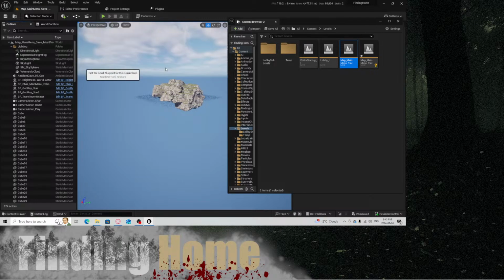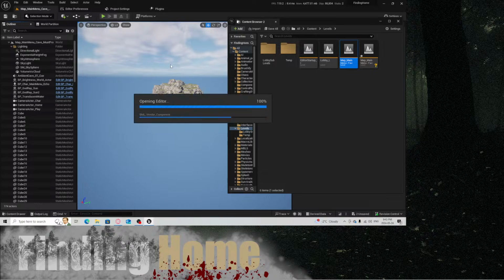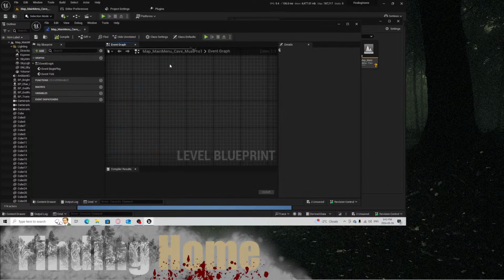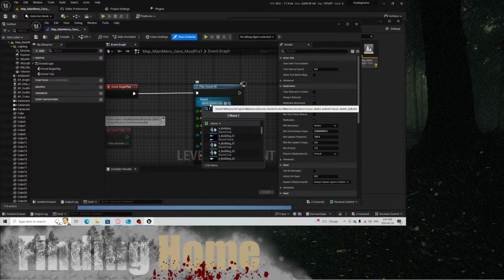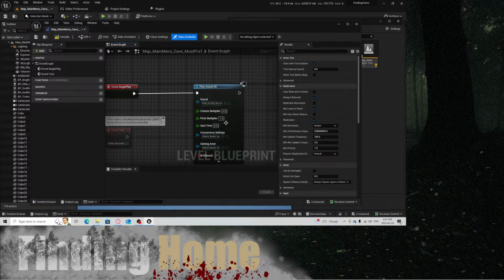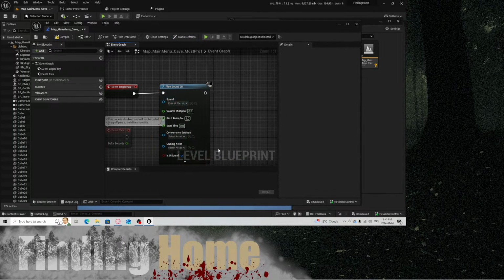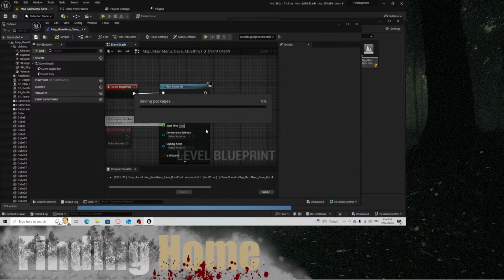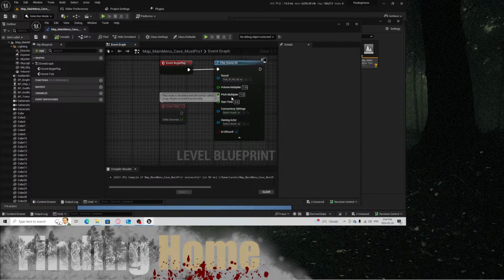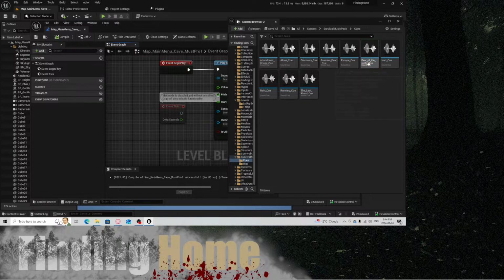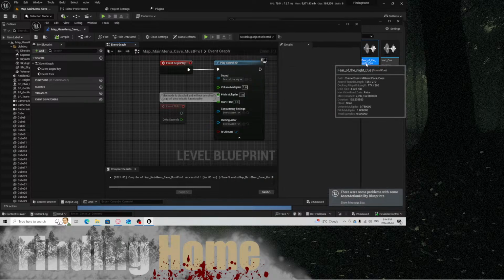Let's go to our level blueprint here. We just want to change this to fear. The night, the sound Q, which takes the wave. We do actually want to set to just 1 here. We want to compile and save. Then we want to find where this Q is, right click, open that up,